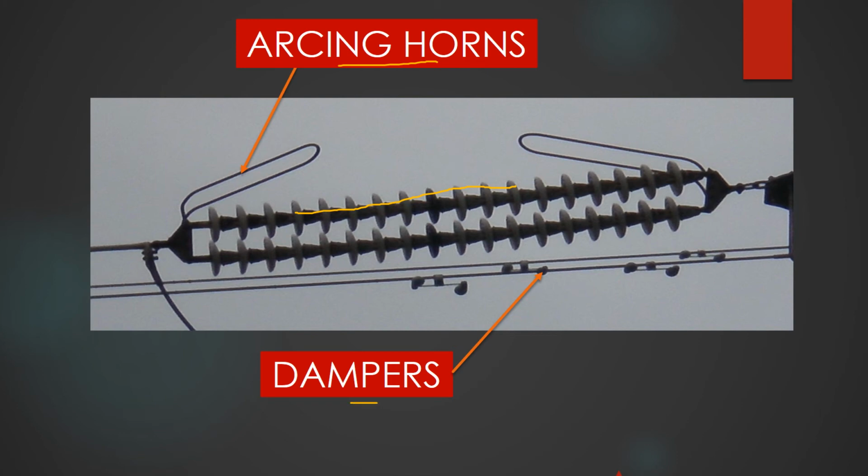Moving on to the dampers. Dampers are dumbbell shaped devices. You must have seen them on various transmission towers. These are actually the weights which are put on the transmission lines. Now, why are they being used? Generally, an overhead line experiences vibrations in its vertical plane, which add to its displacement, and it starts swinging due to the presence of wind.